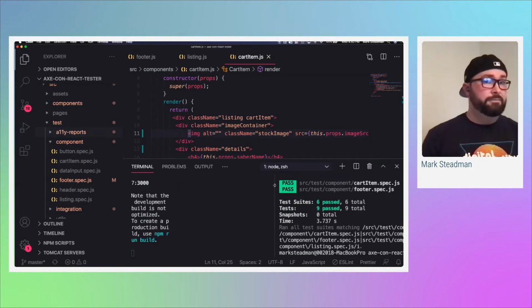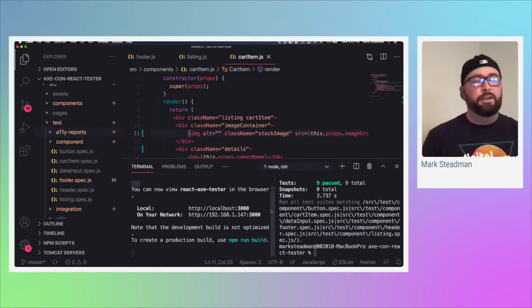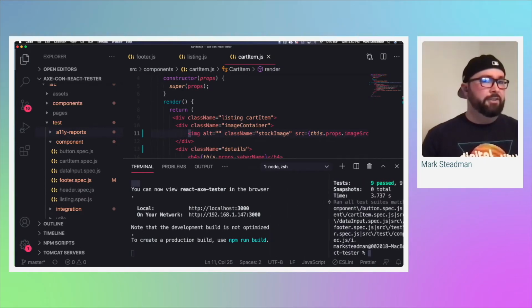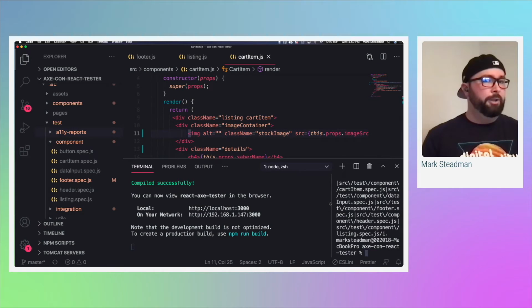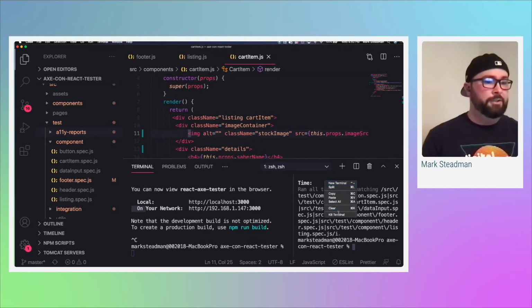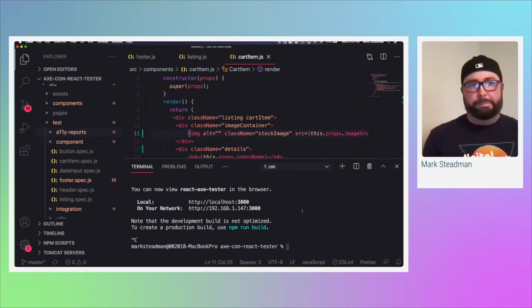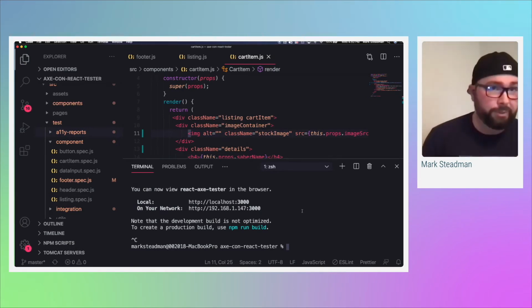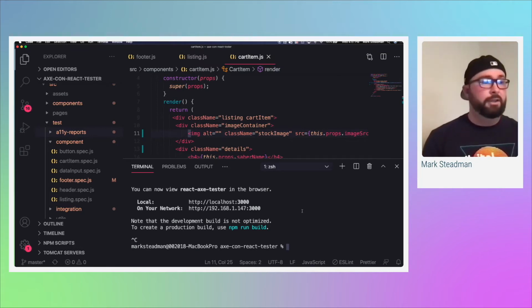When I put these components onto a page, what ends up happening? Am I actually making accessible components, or am I going to find more accessibility issues? The answer is you're probably going to find more accessibility issues. The first thing people come back and say to me is, yes, Mark, of course you're going to find more issues, because you're running against a page, so you're going to get page level content. That is correct. You will get more page level content when you run Axe Core against an actual page level